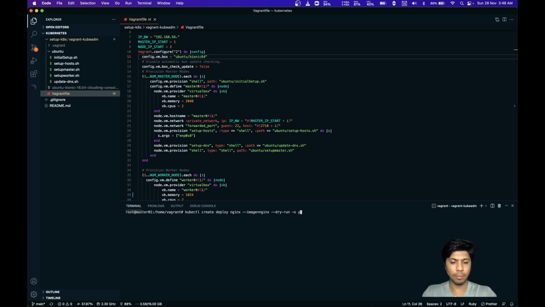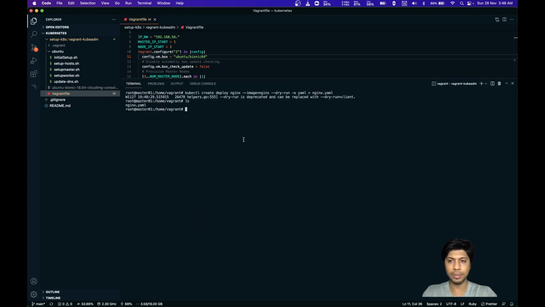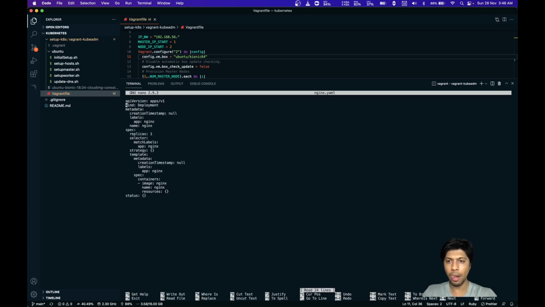And then -o yaml format, and I need to push the output to nginx.yaml. So I can see nginx.yaml file which is created, then nano nginx.yaml. This is the deployment definition file.